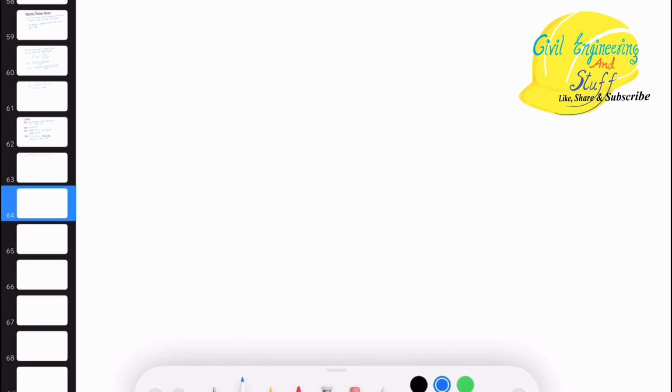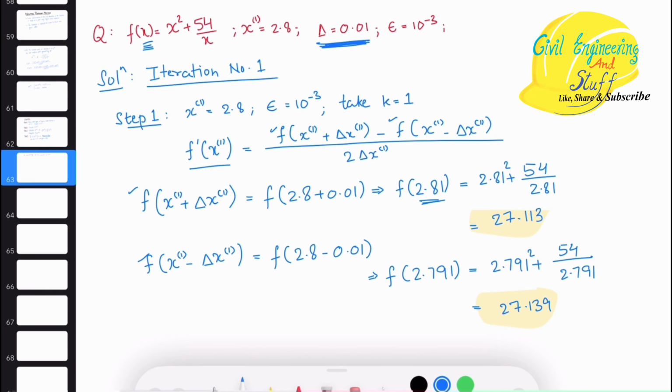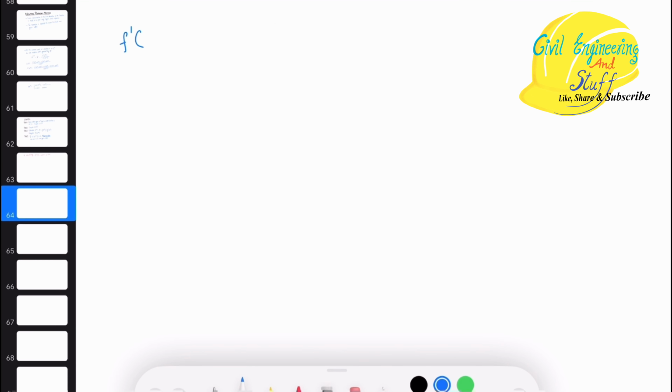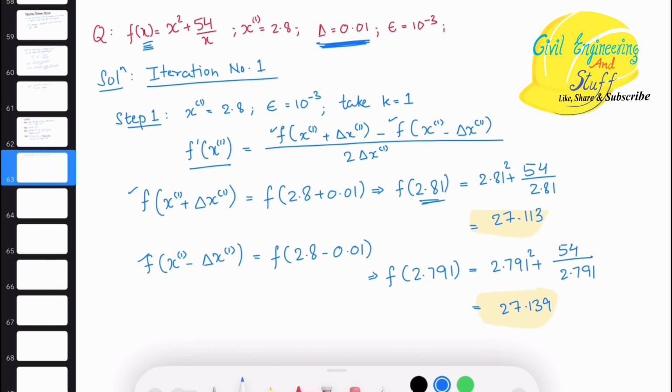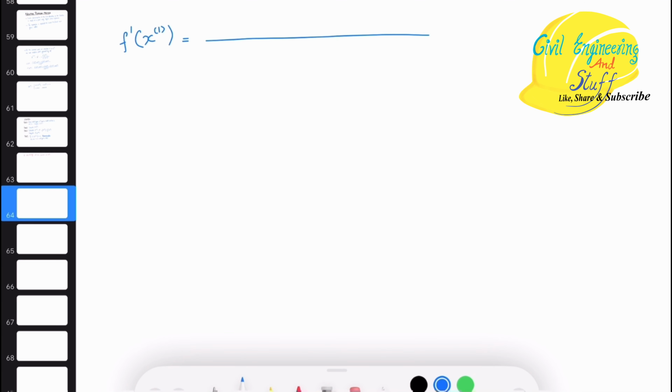So we have to find the first derivative f dash x1. F dash x1 will be equal to your value is 27.113